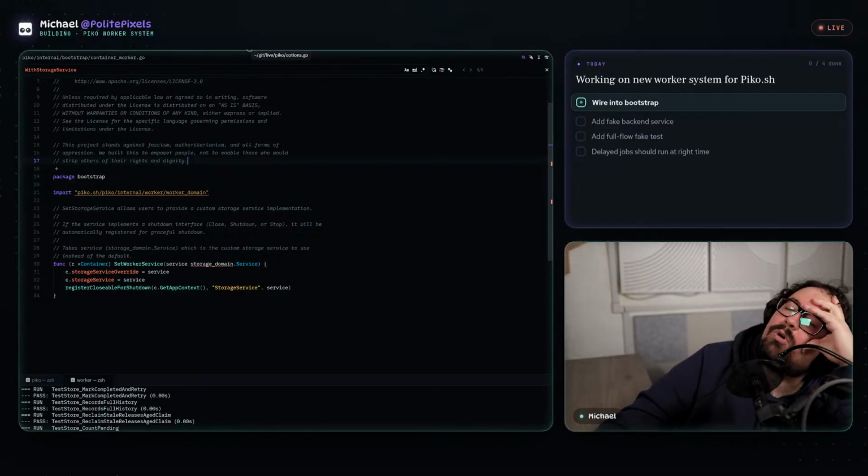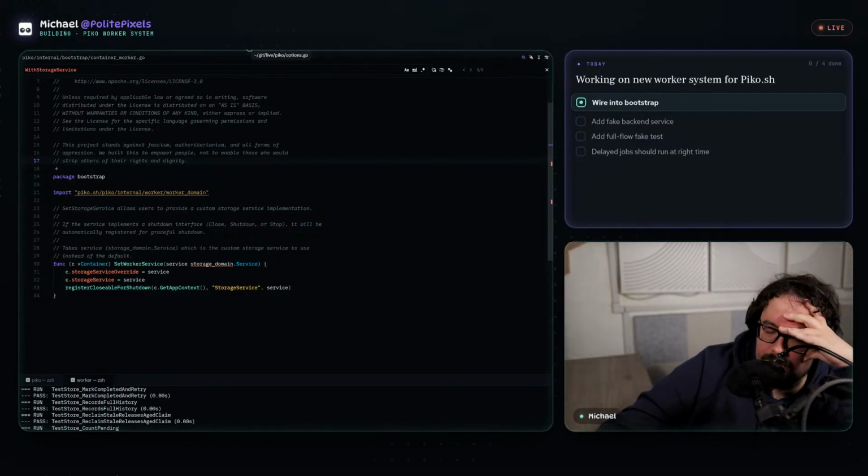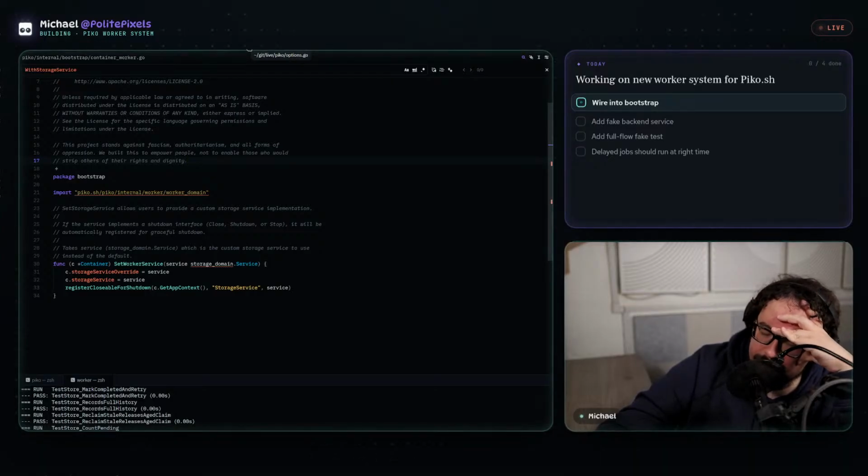The reason why this is routed through options is because the concept is that people will be able to swap out the storage system with another storage system. However, that logic doesn't apply for the worker system because they won't be swapping out the worker system with another worker system. They would only be swapping out components of the worker system with other components.